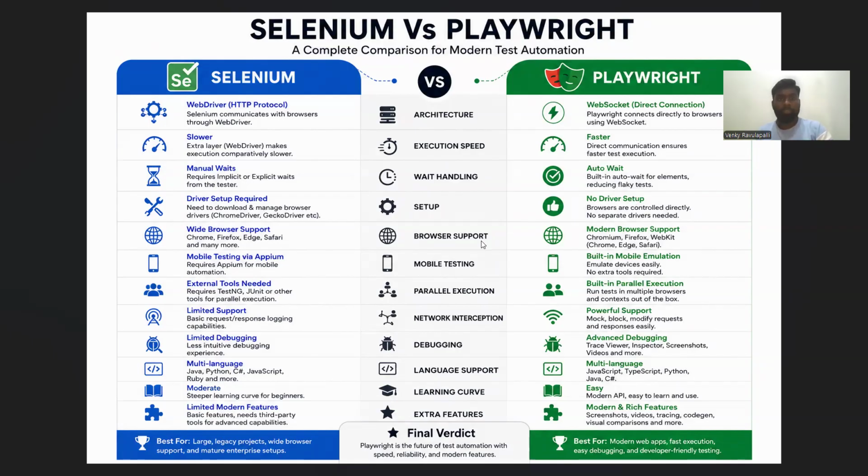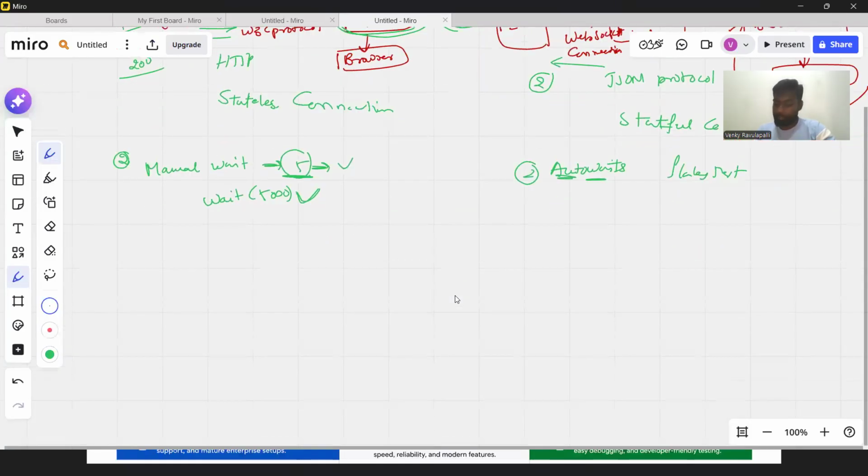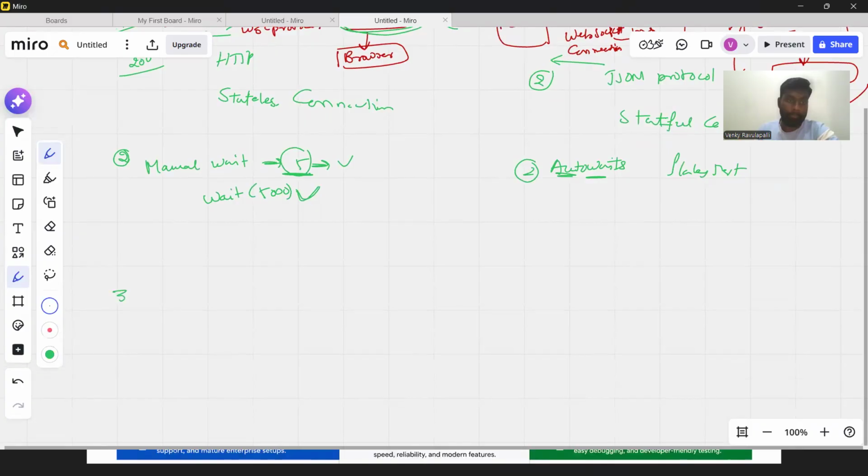Okay, next point is browser support. Whenever it comes to browser support, there is nothing much of a difference between Selenium and Playwright. Each tool is going to communicate with multiple browsers like Chrome, Firefox, Edge, Safari, and many more. There is no difference in this, right? And mobile testing, I will tell you one point which explains the next point also. So guys, the third major thing I'm going to explain is that Selenium is a tool,